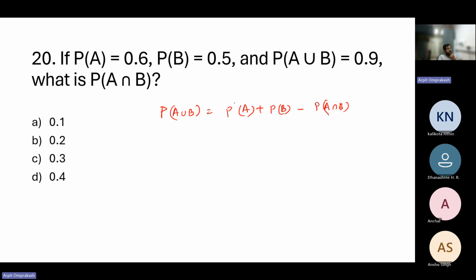What we are given is P(A), P(B), and P(A union B). We are asked what is this? So P(A intersection B)